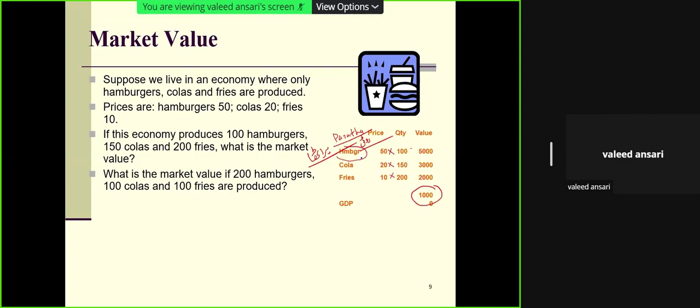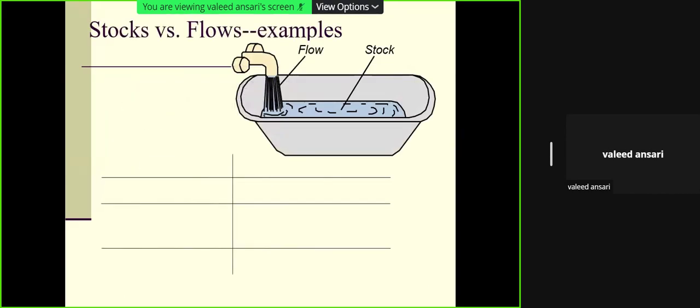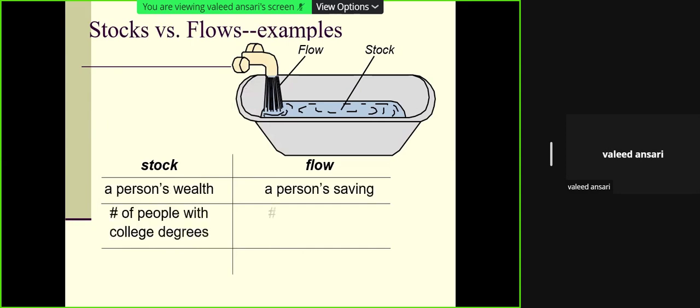Now please remember one thing: here oil may be used, and maybe potato may be used, and like that. But there are certain adjustments made also. The point here is that we take the final value of goods and services in the economy. So we assume that there are three goods which are produced, and then arrive at the total. This is the flow concept which I am explaining.